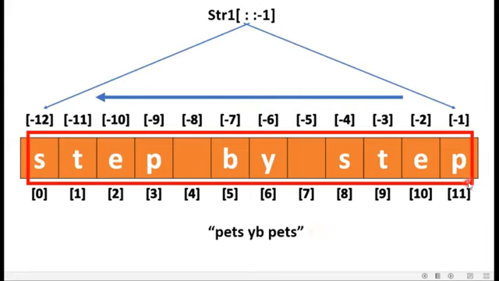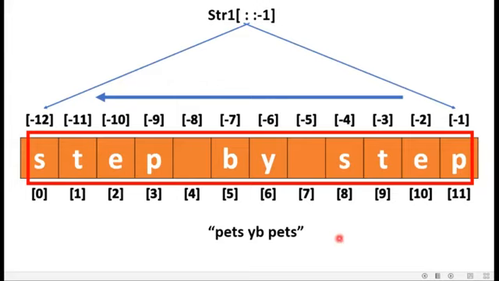So from the right hand side, the first character to be retrieved is P. So P is printed over here, as you can see. And then the second last character is E, which will be printed at the second location. Then T, S, and so on. And the last character will be S, which is my first character according to the positive index. So this is how the presentation of the substring will take place according to the positive or negative stride value. So we can take more examples over here.